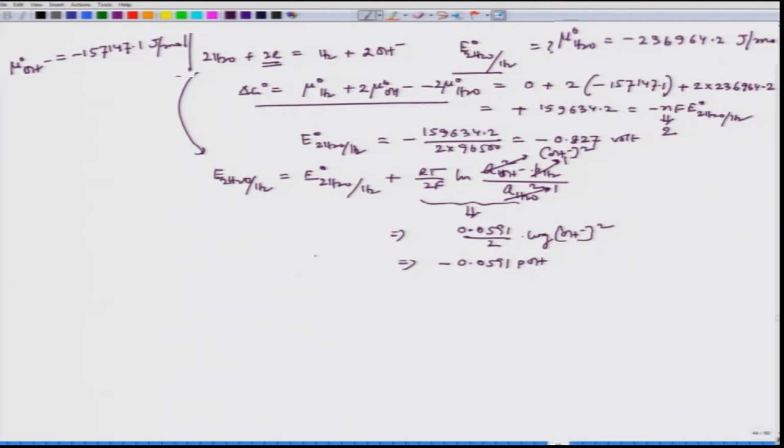With a minus sign, definitely yes. So this becomes 0.0591 by 2 into 2 log OH minus ion. So this is pOH. And now again I can have pOH equal to 14 minus pH. So then I can write